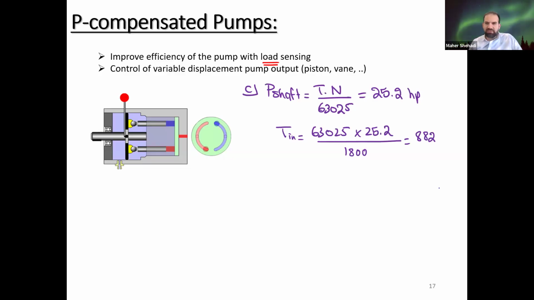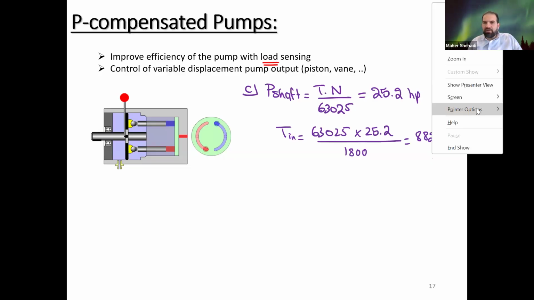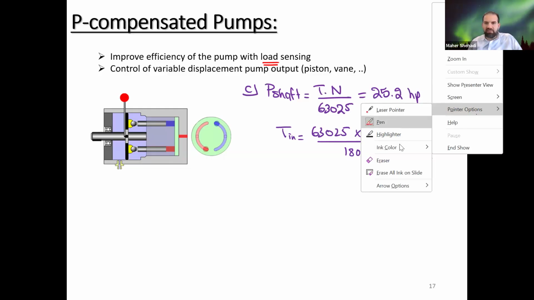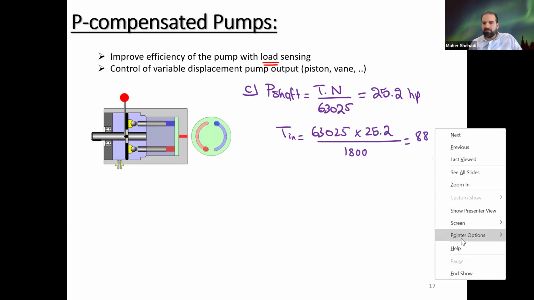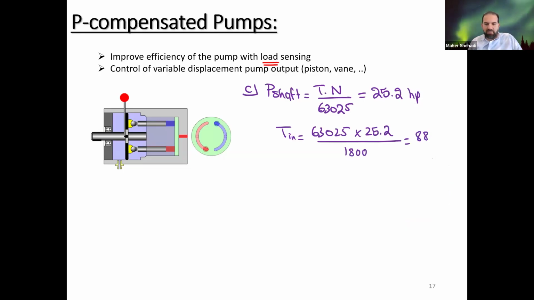881.8, or you can just round it up. We're not going to use that in the next part, so it shouldn't make a big difference. Okay, and then in the last part, part D,